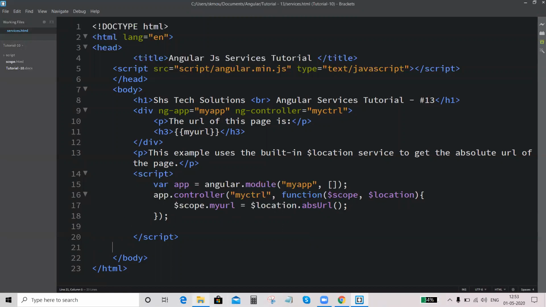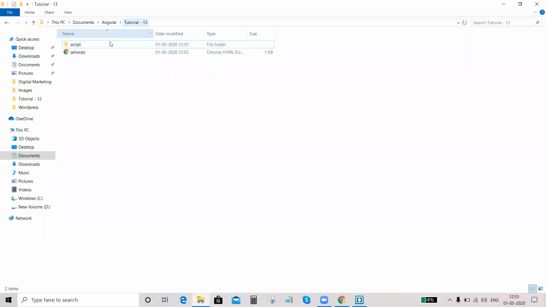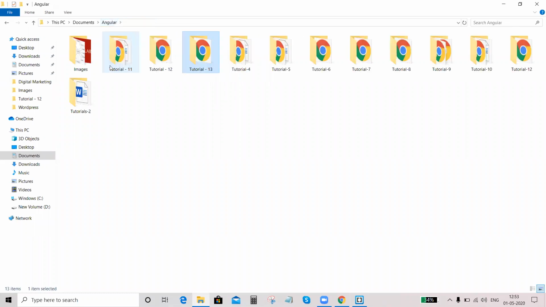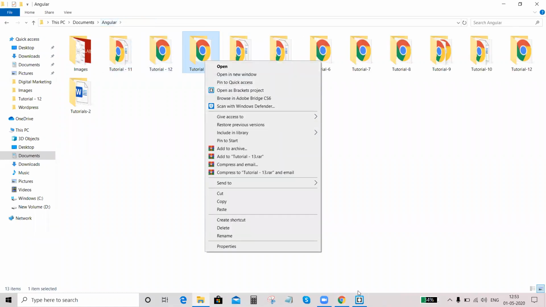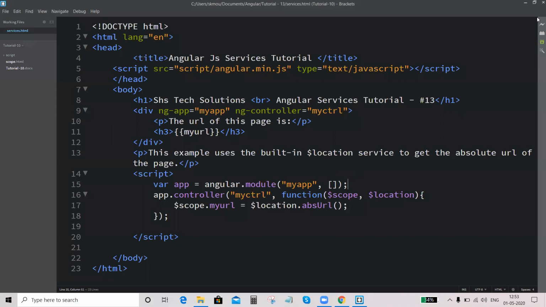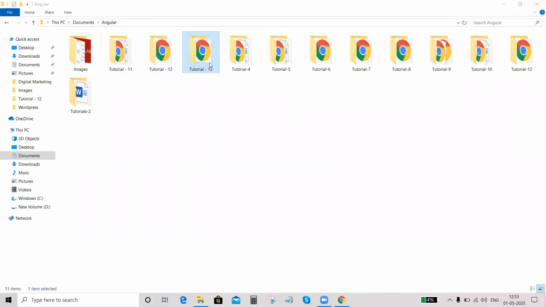Okay. Once you check the output, once I close this.